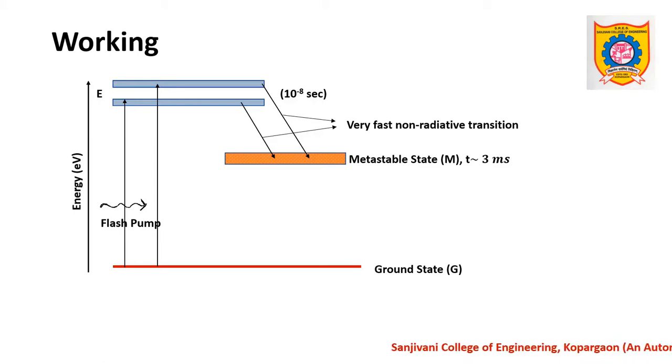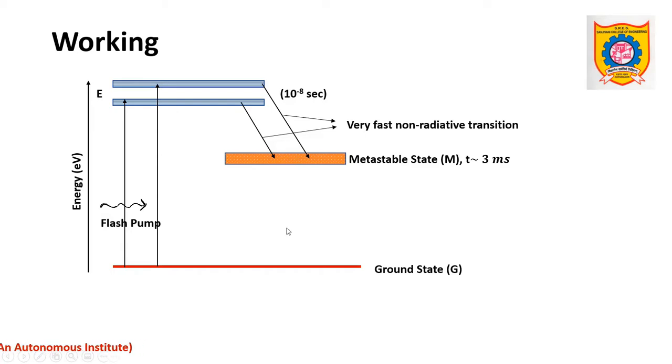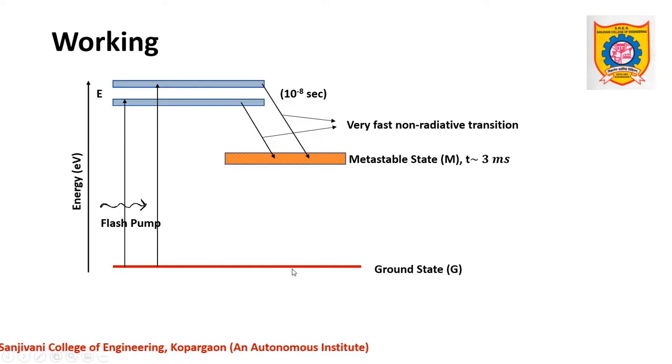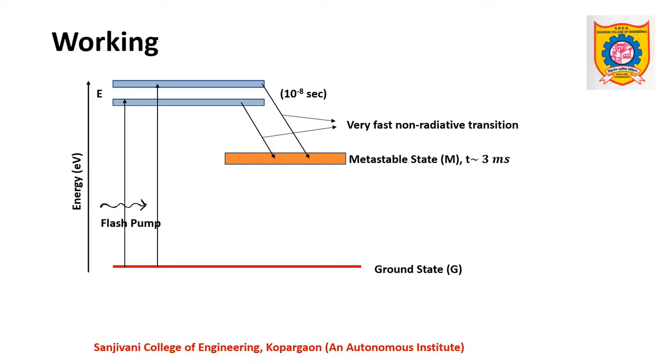This spontaneously emitted photon triggers the stimulated emission. It will trigger another electron which is in the metastable state, and it will undergo de-excitation, and this process will result in the emission of 2 photons. Again, these 2 photons can trigger 2 more electrons, and they will be de-excited, and 4 photons will be emitted. 4 photons will result in emission of 8 photons, and this way the process continues. Thus, one spontaneously emitted photon starts the process, and it continues through further stimulated emissions, which results in a continuous increase in the number of photons.